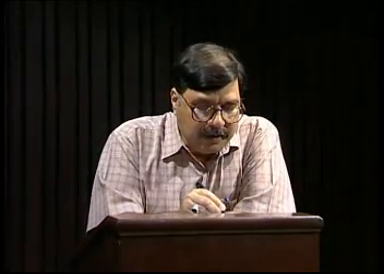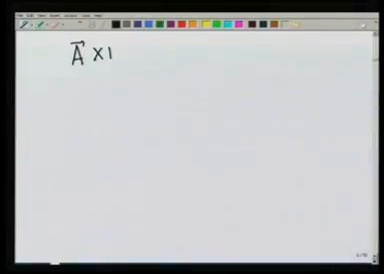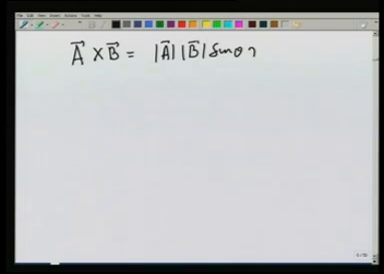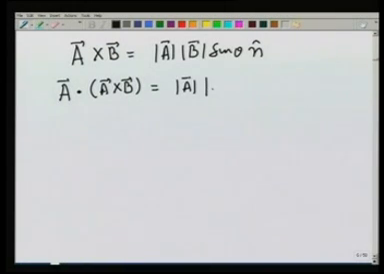Since A cross B is equal to modulus A modulus B sin theta n, where n is perpendicular to both A and B, that means that A dot A cross B, which is equal to modulus of A cross B cosine of theta,